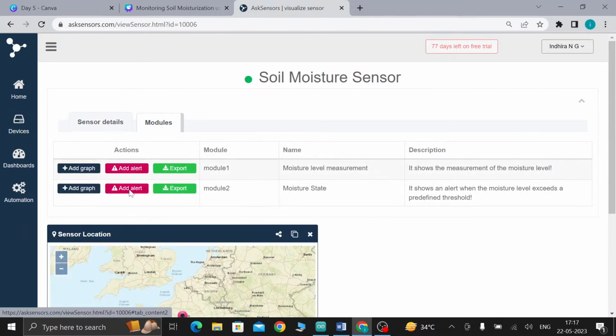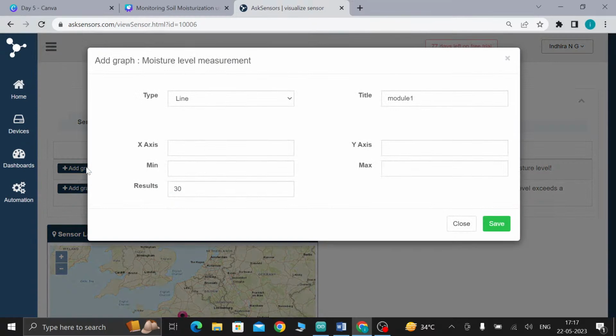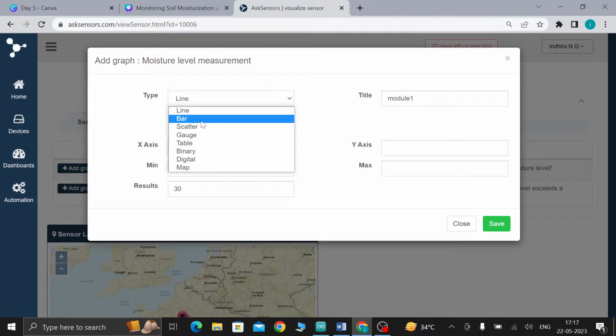Coming to the module, now we are going to add a graph view. For the first one, I am going to click this. There are 7 types of graphs: line, bar, scatter, gauge, table, binary, digital, and map. For the first graph, I am going to give line.